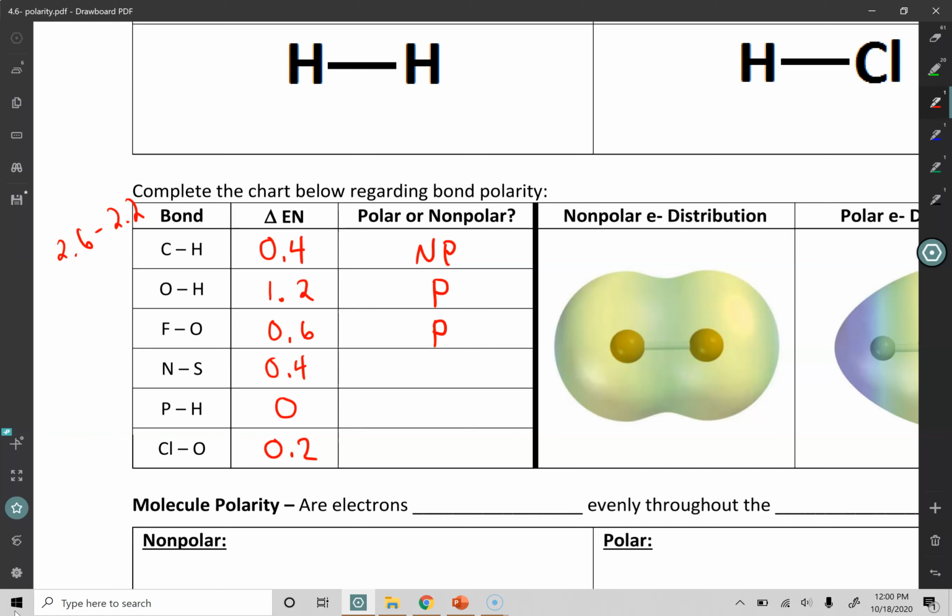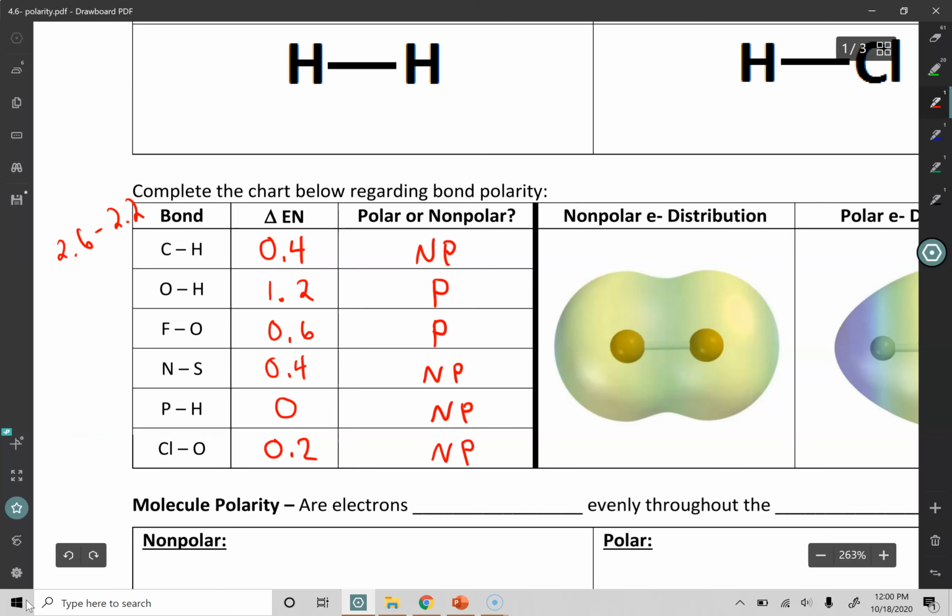Nitrogen and sulfur, that will be a nonpolar bond. Remember, 0.4 and lower, nonpolar. Phosphorus and hydrogen, difference in electronegativity of 0, so that's definitely nonpolar. And last but not least, chlorine-oxygen bond, again, another really small difference in electronegativity, so that is a nonpolar bond